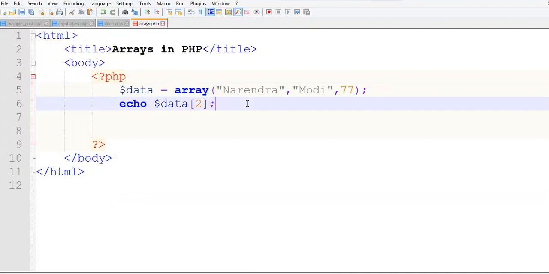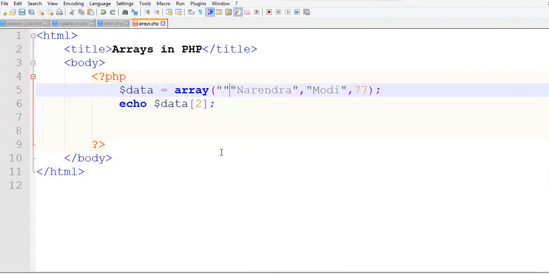In associative arrays, we will be accessing these values with the help of names. We will not be accessing them with the help of indexes. Each value present in the array can be given a name. To give the name, we have to specify in double quotes what name we want to give.